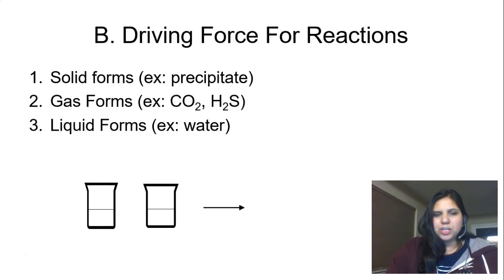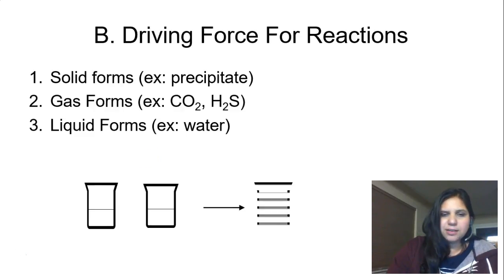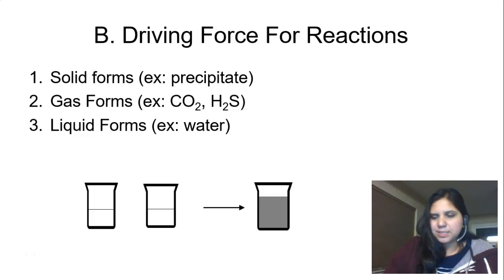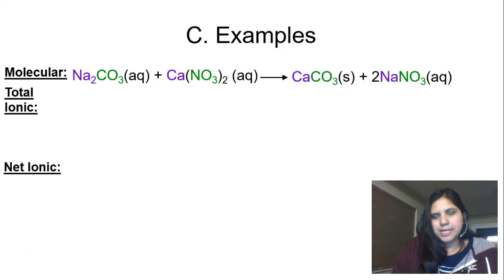Okay, so some sort of change has to happen when you mix the two together, like forming a cloudy precipitate. And if that doesn't happen, we say that no reaction has taken place. All right, so we're going to go through two examples, and we're going to write the molecular, which is the balanced reaction already done. Normal reactions is what we're used to. Then the total ionic, split up, and then the net ionic, what's left over after you get rid of the spectators. Okay, so we're going to go through and we're going to split up anything that has an AQ next